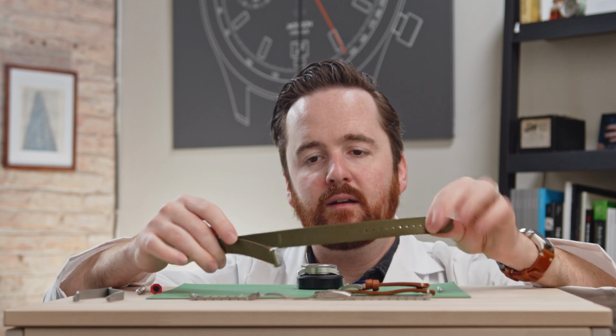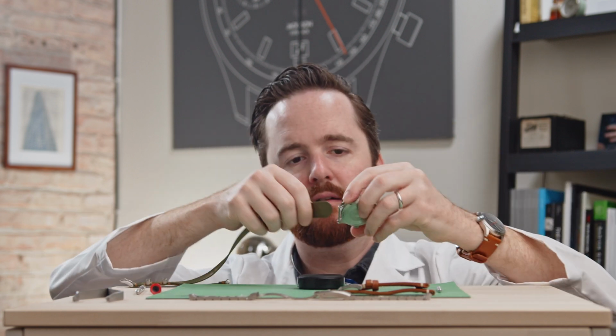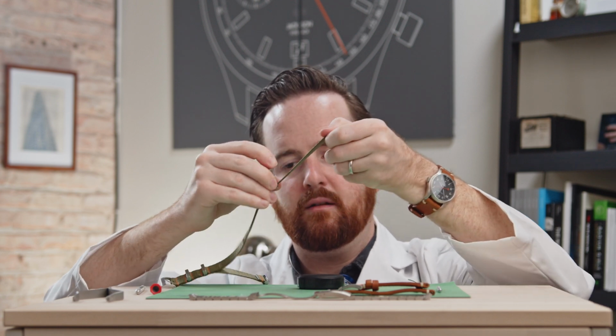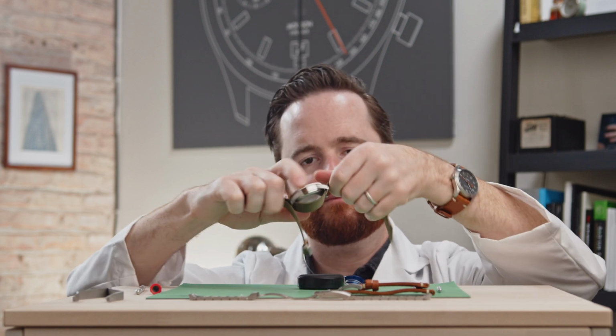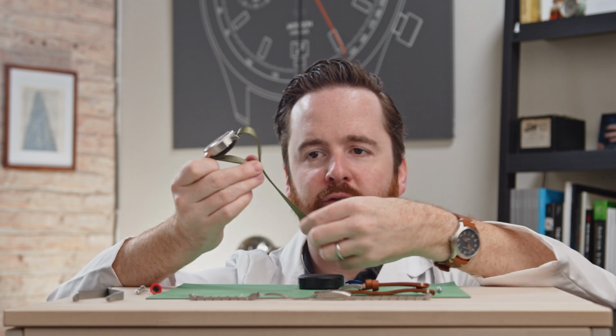When you're putting the NATO strap on, take the long end, thread it through the spring bars from top to bottom, thread the long end again through the short end,